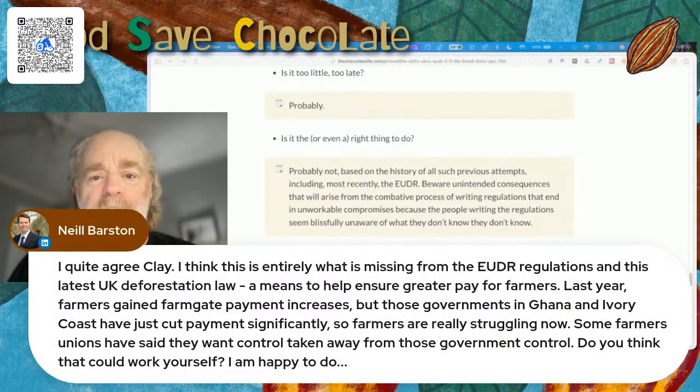Oh, I think this is entirely what is missing from the EUDR regulations and the latest UK deforestation law, a means to help ensure greater pay for farmers. Last year, farmers gained farm gate payment increases, but the governments in Ghana and Ivory Coast have just cut the payment significantly. So here's a point I was going to make this morning, Neil, on one of your LinkedIn posts,